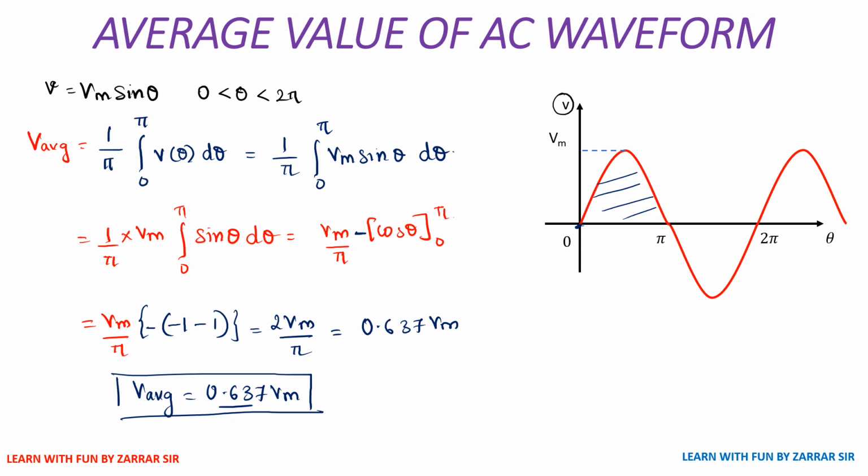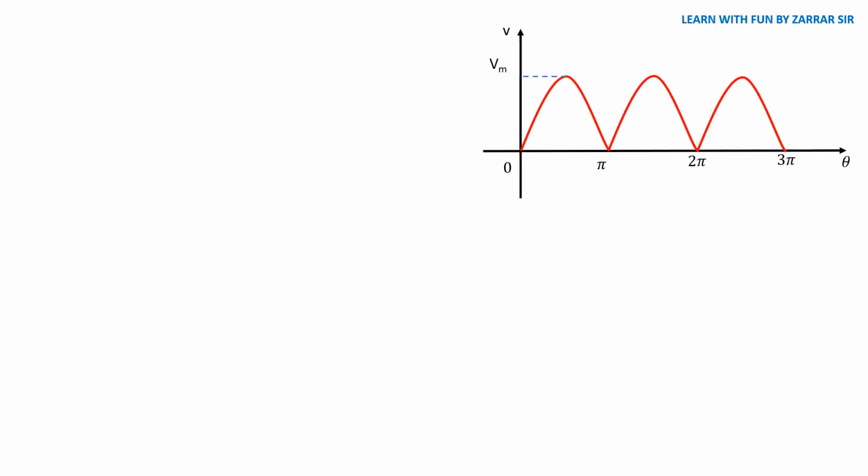Let's take another problem to understand it in a better way. So this was a symmetrical waveform. I'll take one problem of an unsymmetrical waveform now. So now let's look at this problem. This is not a symmetrical waveform, but if you look at it properly, the waveform is repeated: v equal to Vm sine theta, but the range for theta over here is 0 to pi, because it is repeating after pi. So the waveform range is only 0 to pi, and we have already solved for 0 to pi. I'll make you analyze how to solve this.